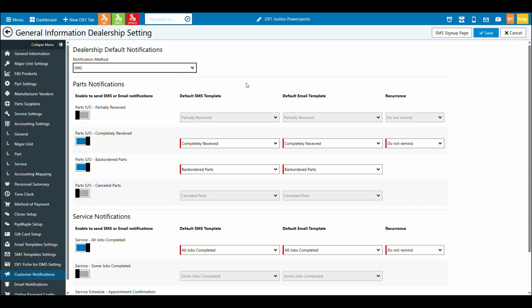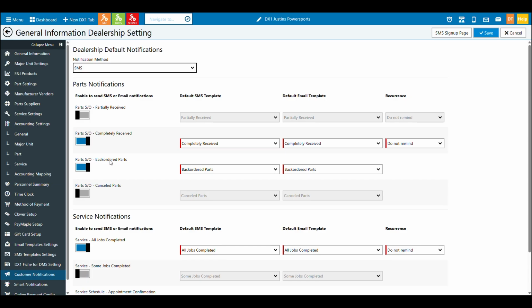Once you've configured all that type of information, then you can come down and, in a previous chapter, we looked at SMS and email templates, and here's one of the main areas where they come into play. In this case, I've configured my dealership to automatically SMS customers when they've completely received special orders or if they have any type of back ordered parts. I just want to let them know that they're still going to get their part, but it has been back ordered. It might prompt a call from them when they feel like they have the time, and we can talk about if this is okay.